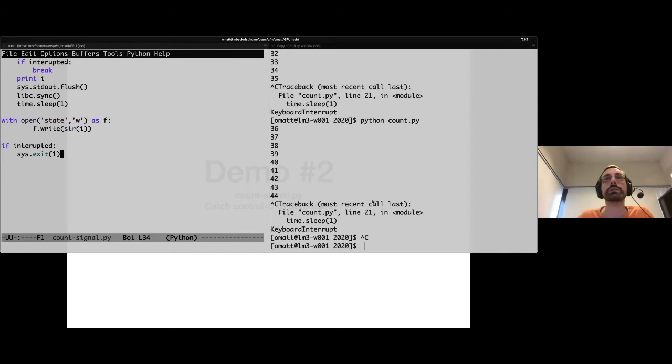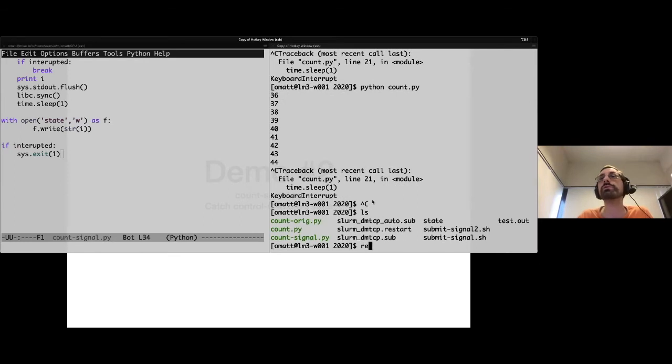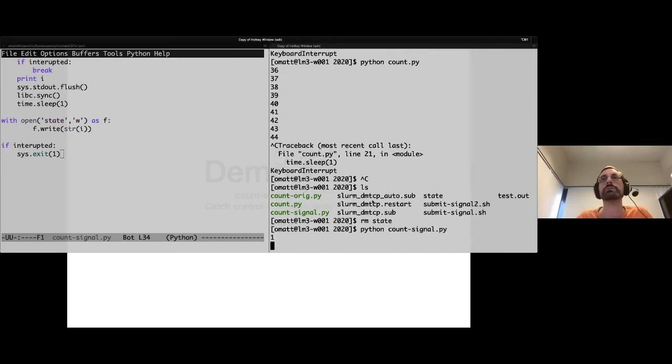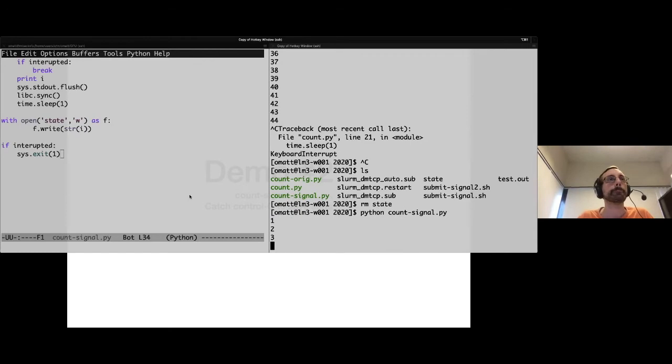So I'm going to run it here. I will first remove the state file, so I will restart at 1 again. How do I call it? It's count signal. So I restart at 1.